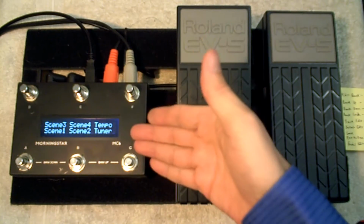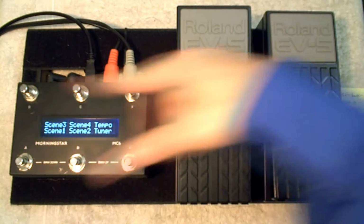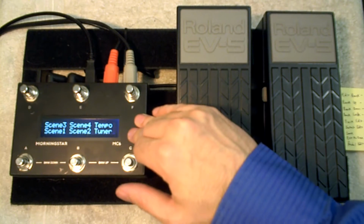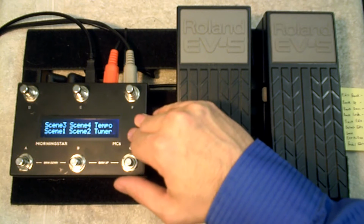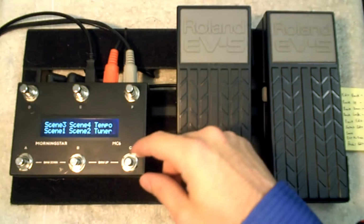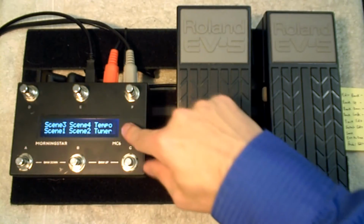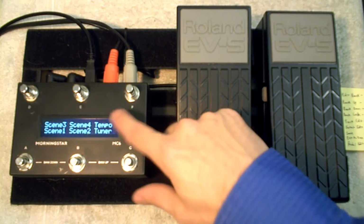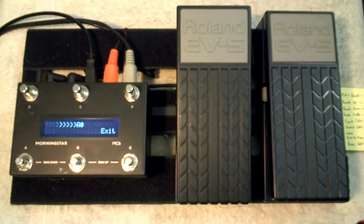So there are 6 buttons labeled A, B, C, D, E, F, and there are 30 banks of options. So right off the bat we have 30 times 6 different things we can program this for. So right now I am on my first bank, and I have scenes 1 through 4, tap tempo and tuner set up. So if I hit the tuner, there's the Xfx Tuner,